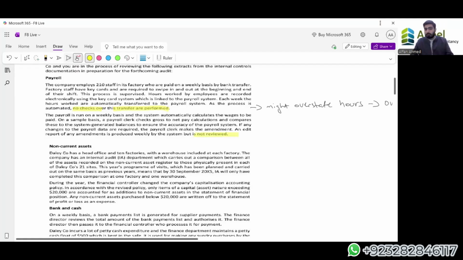Now I see multiple problems here. What are the multiple problems? First of all, if a particular calculation is done, it should be done under the supervision of a senior manager, as a key check of the payroll systems. So if a system is checking the payroll transactions, a senior manager should check them, not the clerk. The clerk is there to make the transactions. The senior is there to check the transactions.